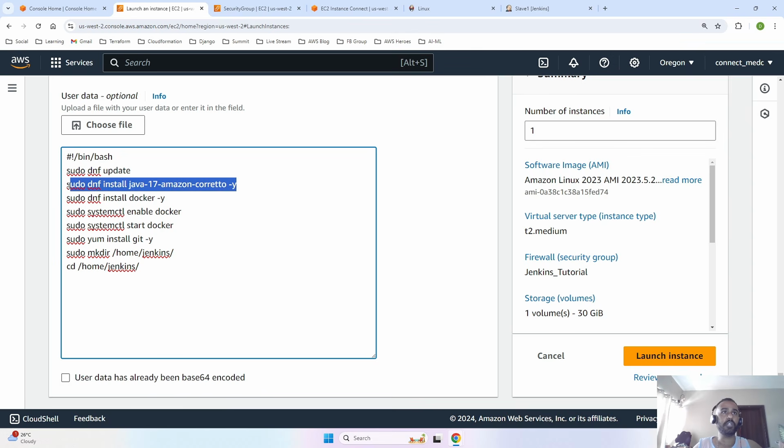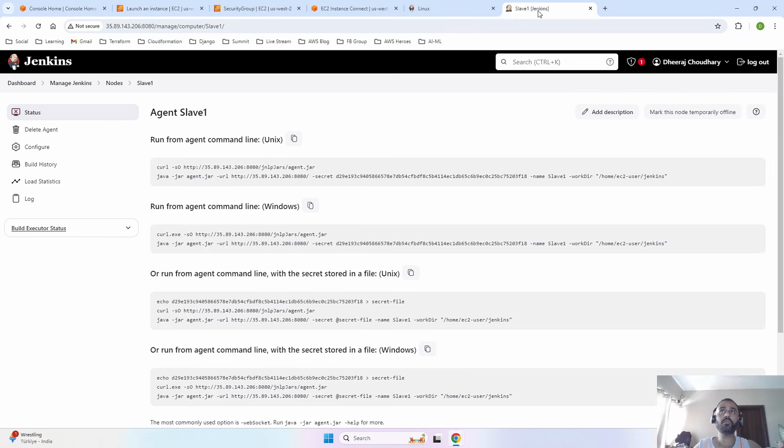Then it is going to install Java. Then it is going to install Docker, as I said. Once Docker is installed, it will enable and start Docker. Then it will install Jenkins. Then it will install Git. Once Git is installed, we are going to create a Jenkins folder over here. Okay. So instead of this, we have to have this path. That is,